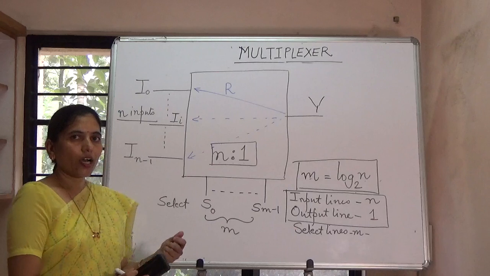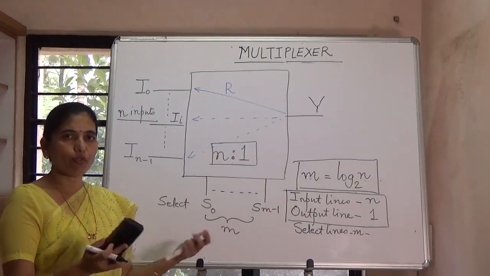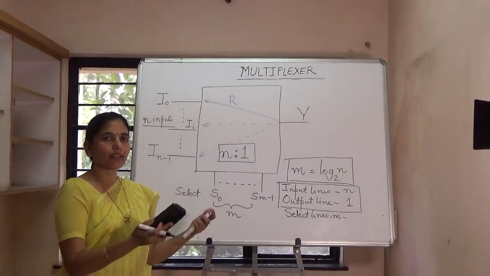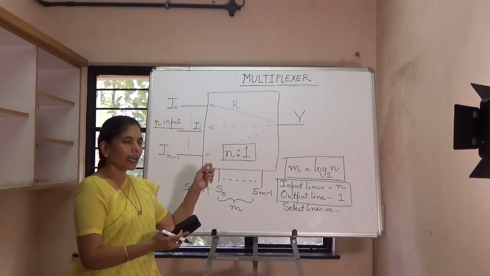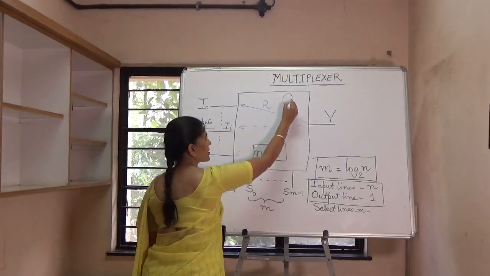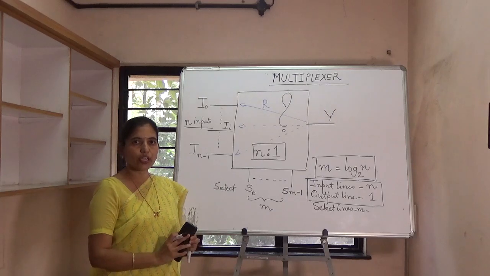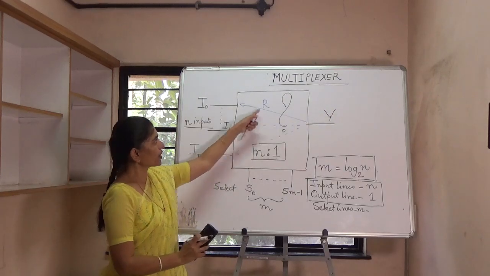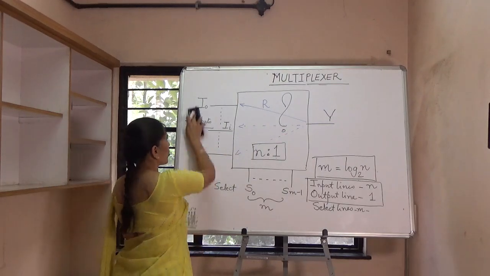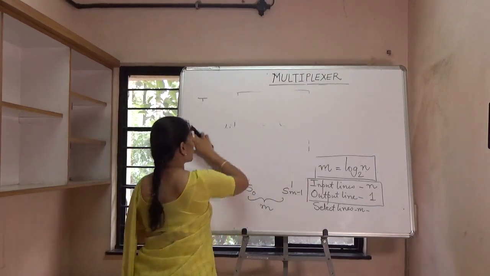Now let us study a basic multiplexer. There can be a number of multiplexers: 2 is to 1, 4 is to 1, 8 is to 1, 16 is to 1, 32 is to 1, that is 32 input lines and one output line. But let us start with the first one, that is 2 is to 1, to understand what is there in this box. What combinational logic goes into this to implement this selection in terms of the rotator? So let us quickly draw the schematic of a 2:1 multiplexer.